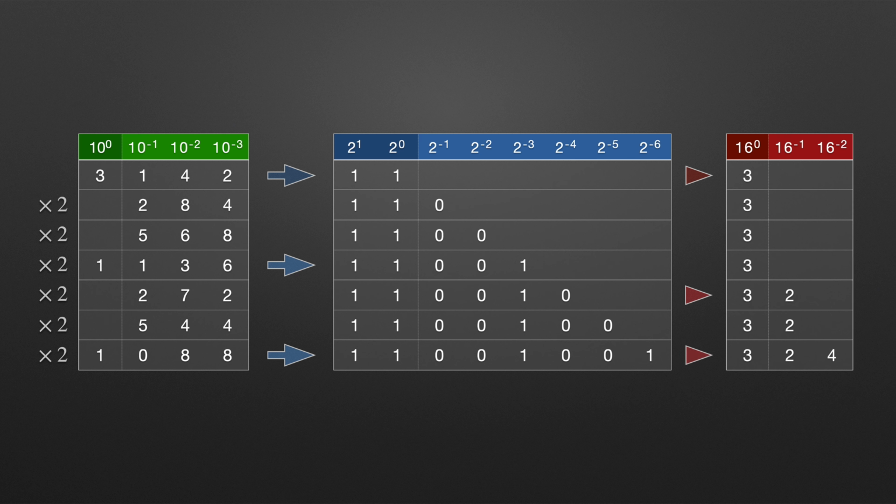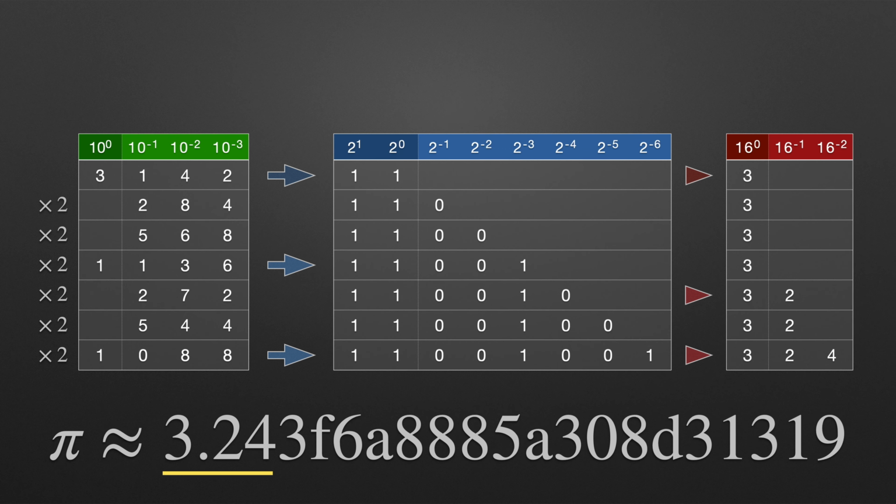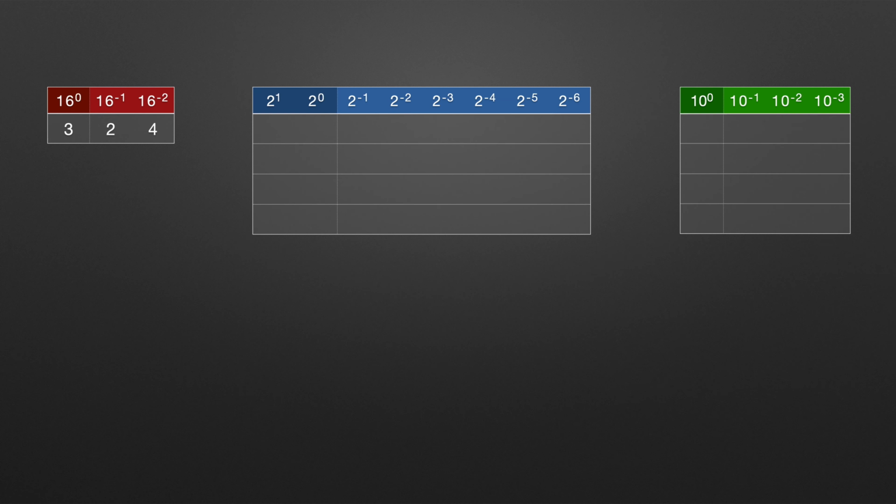So how's that looking against our previous hexadecimal pi value? Well, that's looking pretty good, with a hex value of 3.24. OK, let's see if we can reverse the process. How does that work? Well, it's not a whole lot different. Let's start with our hex value of 3.24, and we'll need to derive the binary value from that, which we already know is